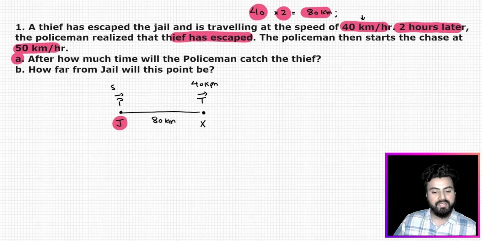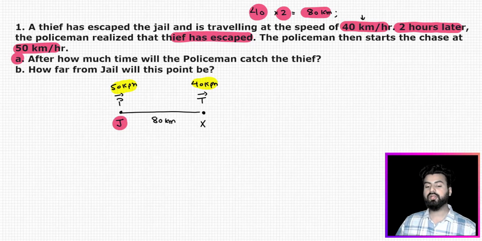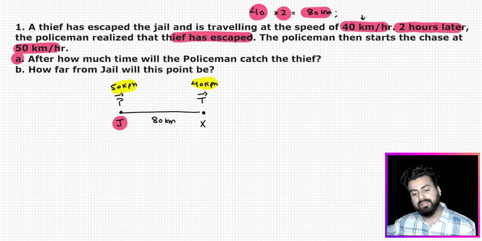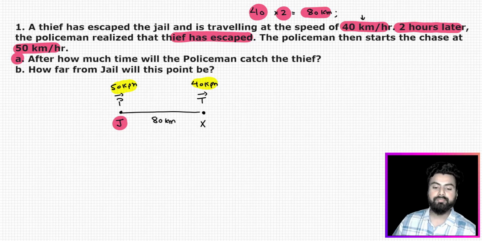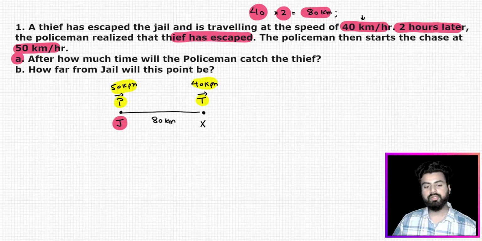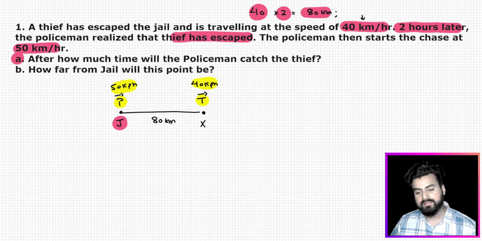What is the speed of policeman? It's 50 km per hour. Let me ask you the first question. Will the policeman ever be able to catch the thief? The answer is yes. You know why? Because if you look at the speed of policeman, it is more than that of thief. So one thing is for sure, after some time, at some point, the policeman would be able to catch the thief. Now, to answer the first part of the question, after how much time will the policeman catch the thief,